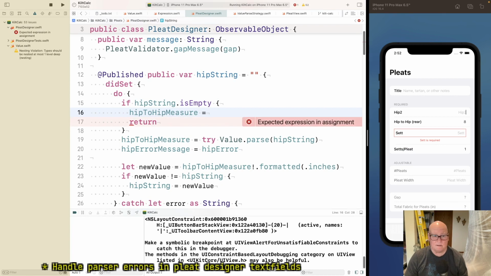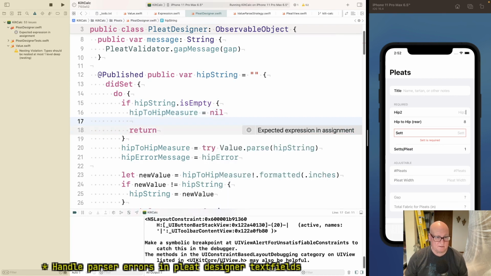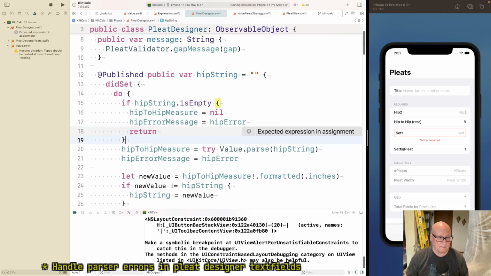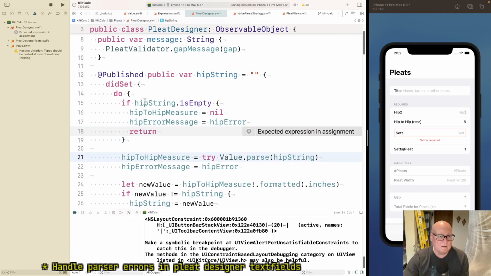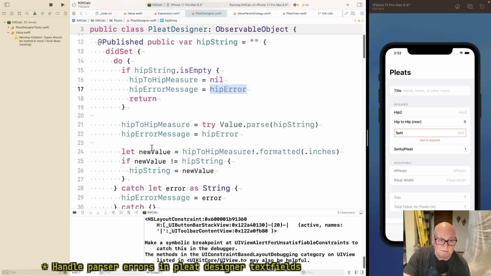Yeah, set hip to hip to nil if the string is empty. All right, and then we've still got to do this. If we come in and it's empty, then we clear out hip to hip. We set the message to whatever hip error should be, which is like you need a value.